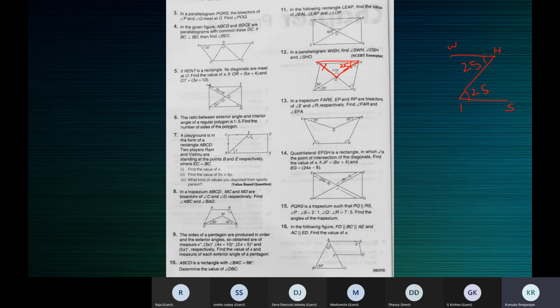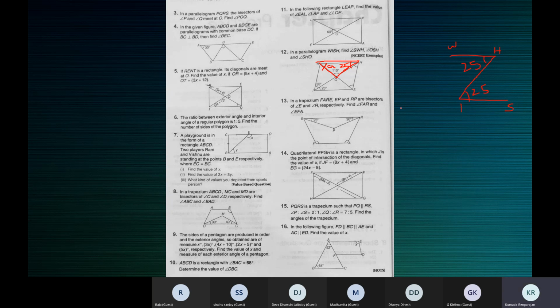In triangle WHO, 110 degrees plus 25 plus this angle. If you don't want to write HWO and all that, you can just mark it A. Then you can say 110 plus 25 plus A. You should mark that A in your figure. If you mark A in the question paper without drawing the figure in your book, your teacher will not know what you marked A. If you're going to mark some angle with some letter, you must draw that on your paper.